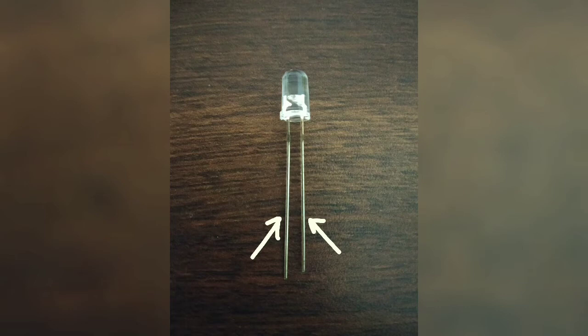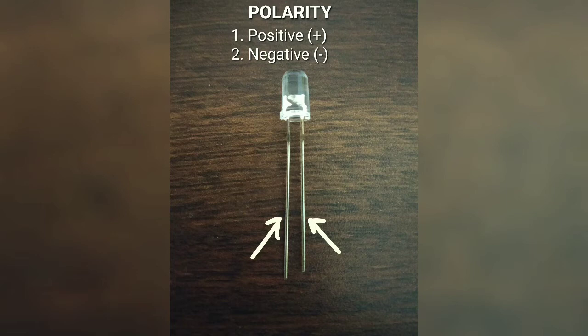Take one LED. If you look at the LED, one leg is long and other is short. LED has polarity. The word polarity is widely used in electronics. There are only two kinds of polarity. One is positive and other is negative. So you see in the LED, longer leg is positive and the short leg is negative. And we have names for these legs. The longer leg is known as anode while short leg is known as cathode.